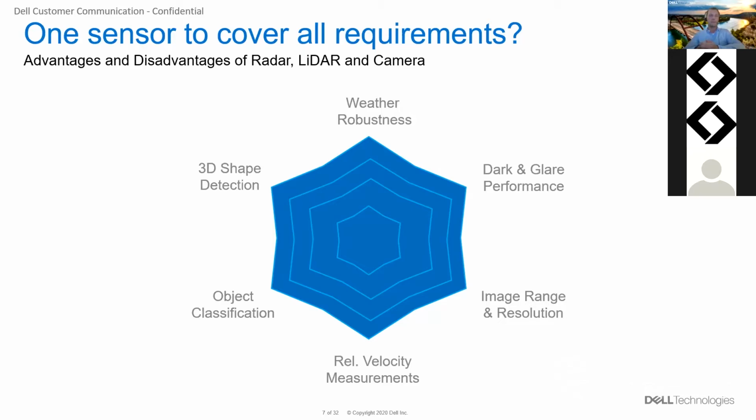They also have to be able to differentiate between different objects, cats, dogs, everything that we have in a scenario. We have to be able to measure the relative velocity of vehicles that are driving in front of us. And we also have to detect vehicles, pedestrians, and all obstacles in a range of up to 500 meters.